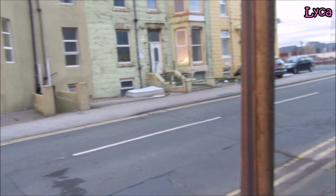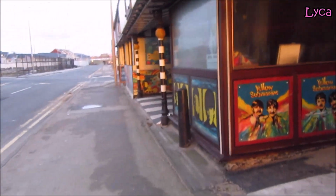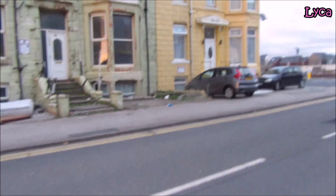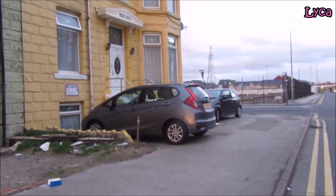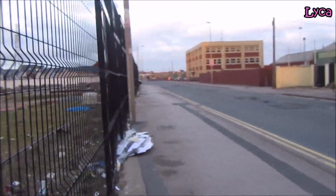So we're going to turn around and I'm going to go back over and cross the road and film the rest of that Foxhall Village development site, because that's what I came here to do. So I will see you in a second when I'm across the road. So here we are across the road now, back on Rigby Road, and let's walk down here and we get